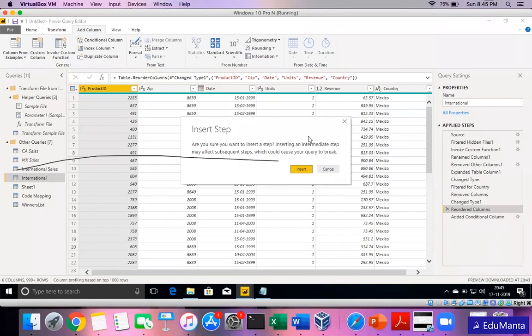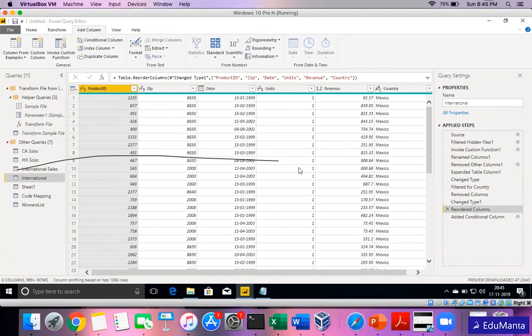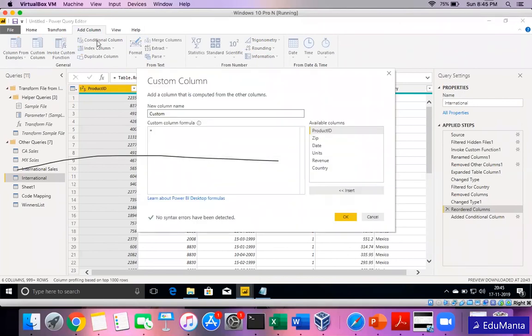Now you see, I'm trying to create a custom column here and not something through the conditional column. So here I have a column formula, and here I can type in a column formula. If you want to understand the formulas, there is a Microsoft page on Power Query M formulas, which I used. You will get this link, and if you click on it, you will get the list of all the formulas that are there.